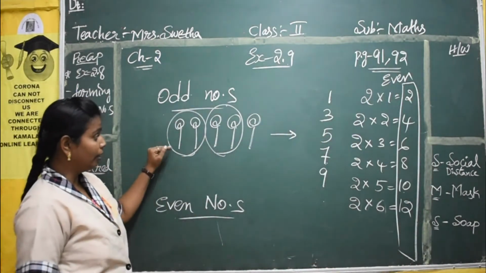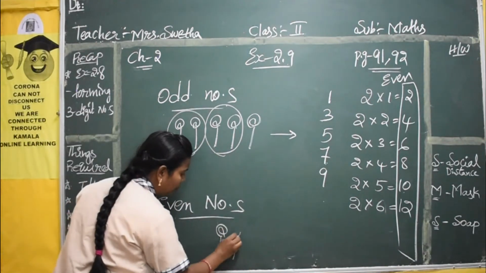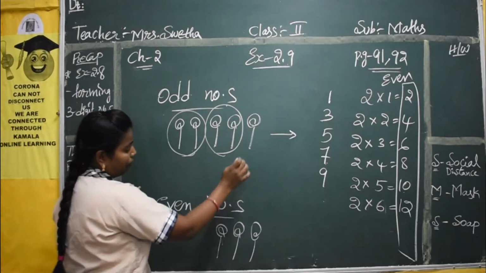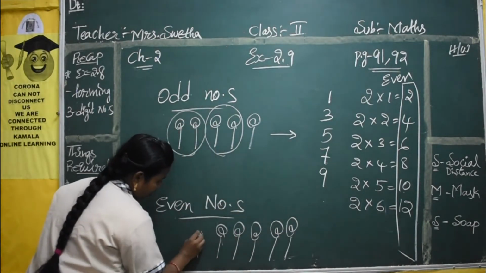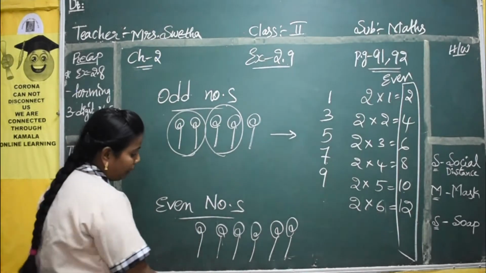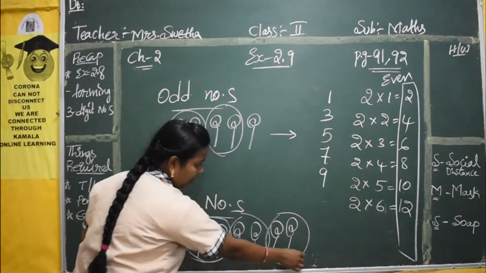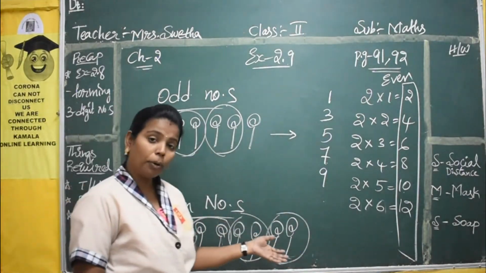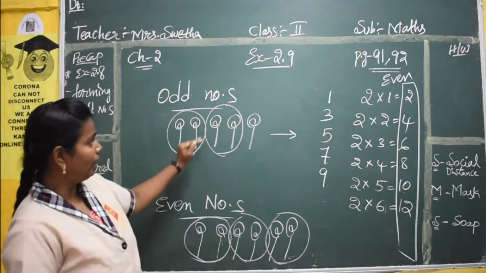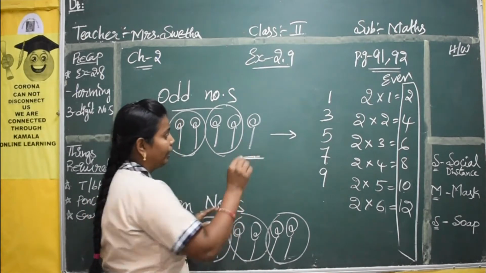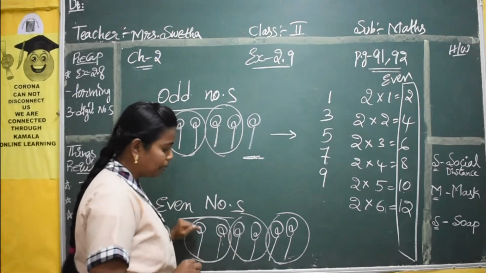Okay, yes, so here the left odd number we set as an odd number. If we take the same lollipops, there we had taken 5, so here we will take 6. Yes, so we have to do pairing, no? Pairing in the sense we have to make 2, 2. See, 6 I have taken. See, is there any leftover number here? Any leftover lollipop here? No. So if we don't have any leftover things, it becomes an even number. If we have any leftover thing here, it becomes an odd number. Okay, so here this picture is odd, here this picture is even.